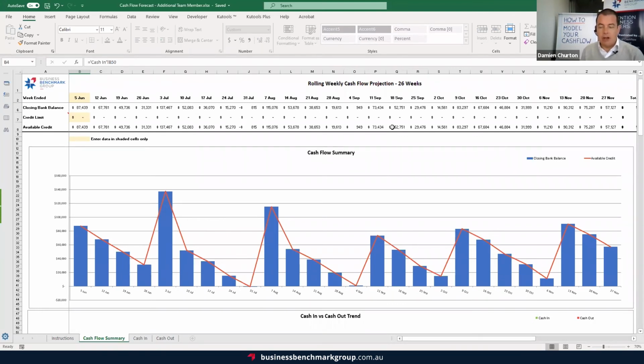Now, every time you're thinking of employing someone else, you do need to think about what the cash flow implication is going to be, and remember that for probably the first 3 months, whatever you're hoping they're going to add to your business, it's going to take them about 3 months before they become productive and really start making an impact. So that's just another example of what you can use this absolutely critical business tool for, which is modeling